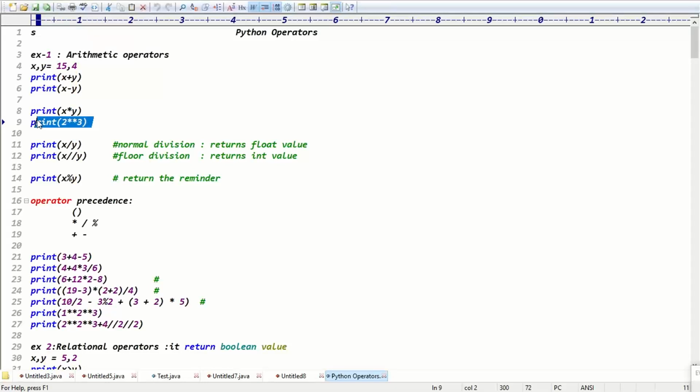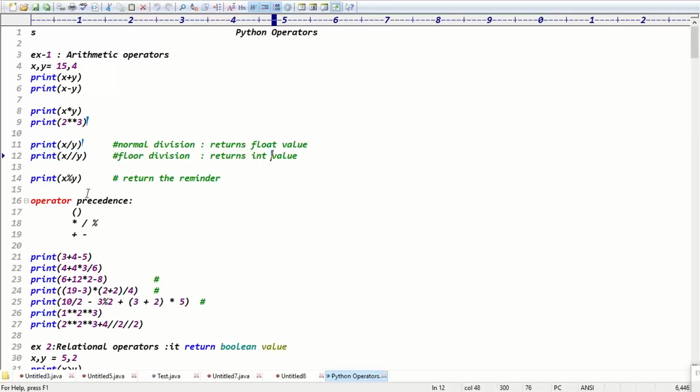Here single slash is there. Single slash means division, which returns the float value. Division always returns a float value, right? But here double slash is there. Double slash is called floor division, guys. Floor division always returns the integer value. The difference between single star and double star: single star means multiplication, double star is the power value. Single slash means normal division, double slash means floor division. Normal division returns the float value. Floor division returns which value, guys?